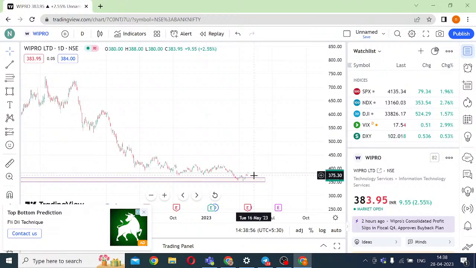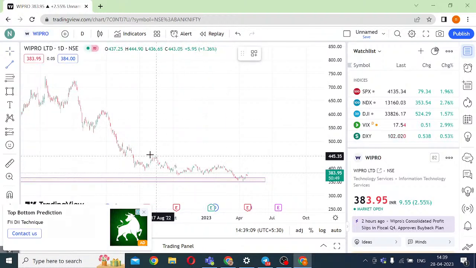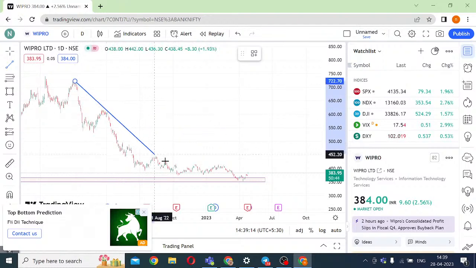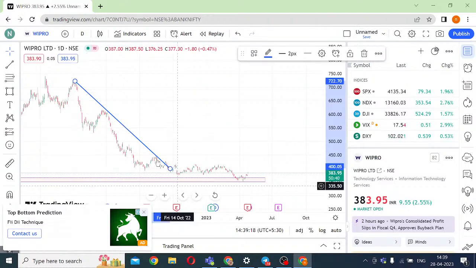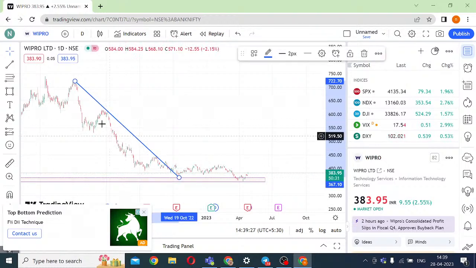So at 374, I was hoping this would come and then go up. Unfortunately, my targets were hit before it even triggered. Now, what is the next action that we are expecting in Wipro? If you see, there is a steep trend line which is coming here. This is kind of invalid for me now because there are no points that I can use, basically A, the trend line should not be so steep, B,